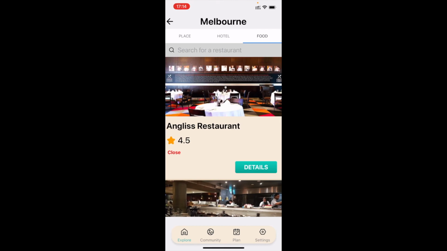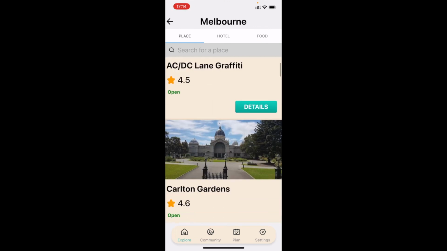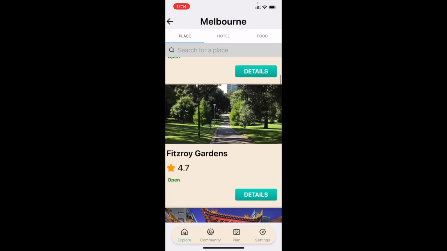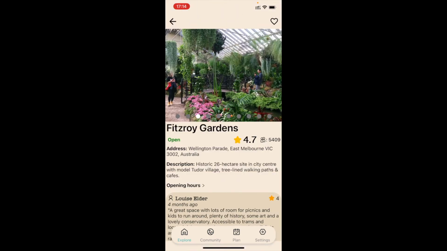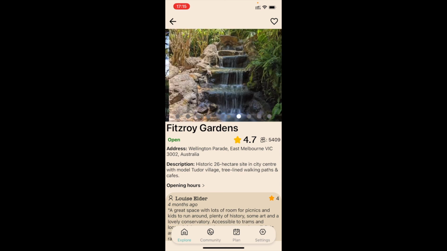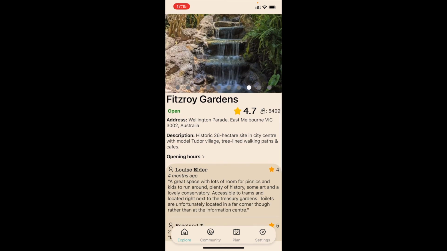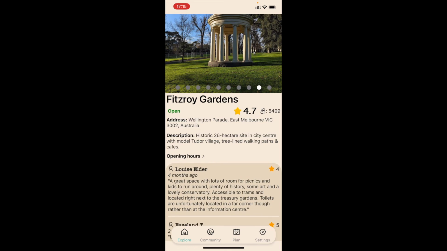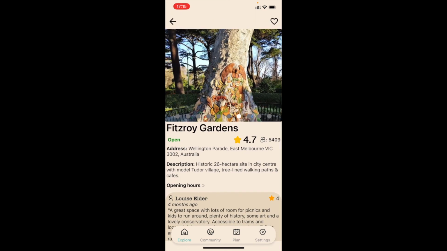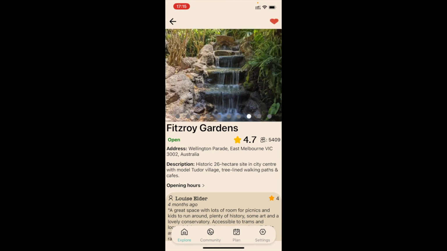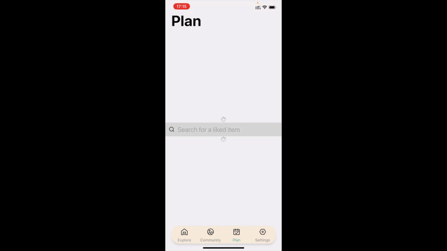Great. So once we jump into this page, we could see any of these details. For example, we just press Fitzroy Gardens. It looks great, right? So go to details. Here it comes up with a photo gallery, and all the address, description, and opening hours and comments are fetched from Google API. So if we would like to save it to our plans, just press the like button here and then go to plans. We can find it